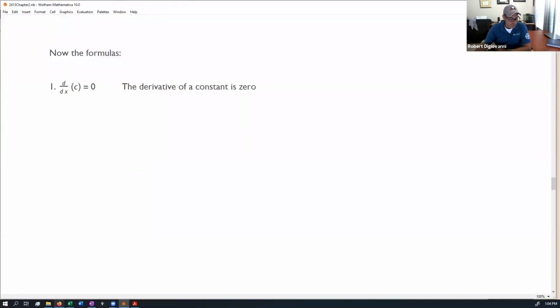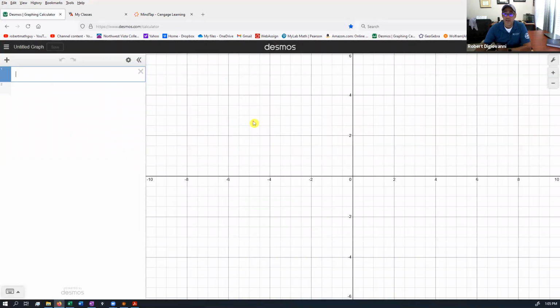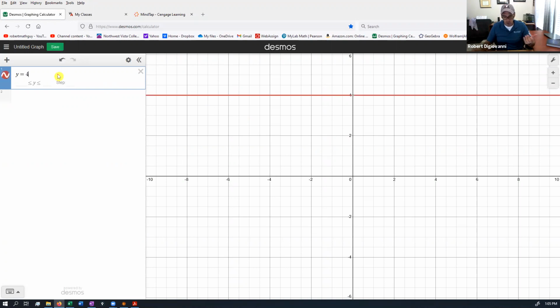Now, I can do this proof without really doing anything more than just graphing and visually illustrating this. So if you have a constant function, that means your function is always going to be the same value. Then it would be like y equals, let's say, 4. Okay, so this is a constant function, this red line. And if we want to talk about its derivative, then you go to any point, doesn't matter what point you pick,